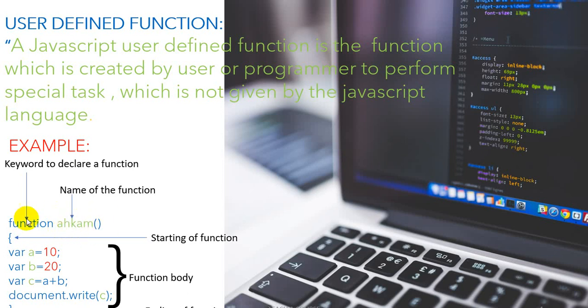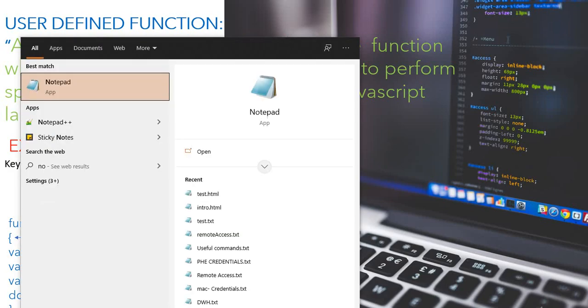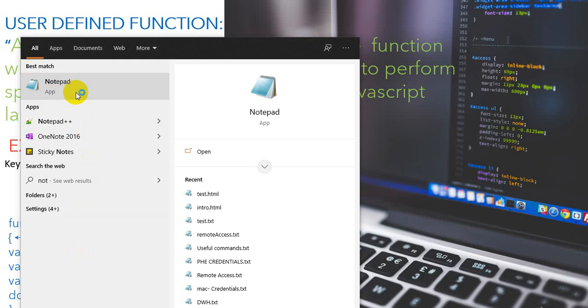Okay, I just want to tell you the meaning of that. If you are going to create any function, remember that when we declare any variable, the first thing we have to write is var. Let me start Notepad just for explaining.